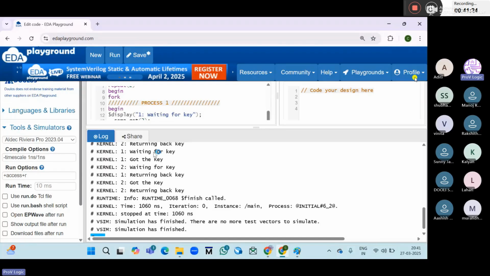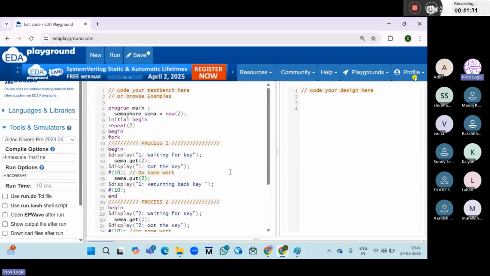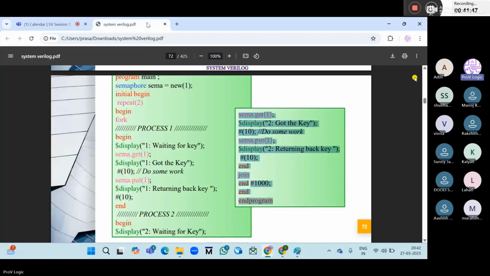So like that you can use 4 keys, 10 keys, based on the number of processors, number of processes, and the number of tasks. You can allocate each key for a task, or 2 keys for a task, or 3 keys. Okay, just practice these examples. So that is the semaphore concept. Next,